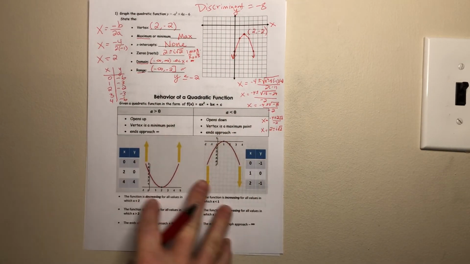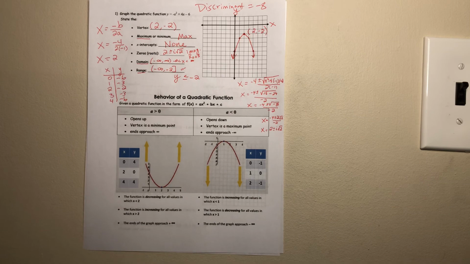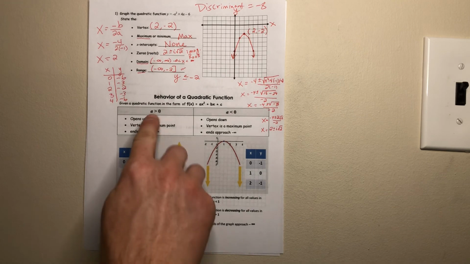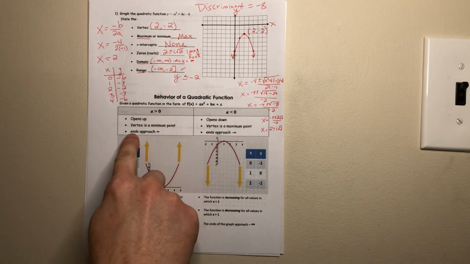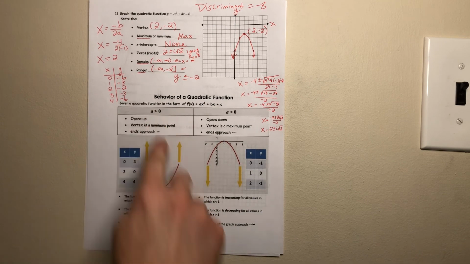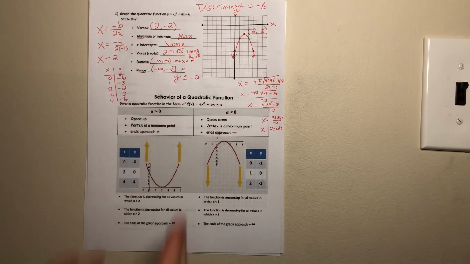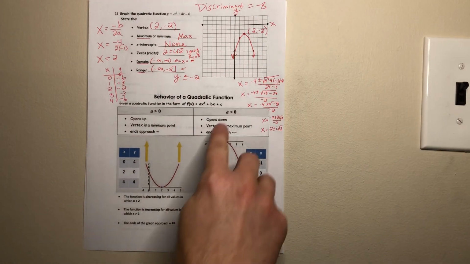All right, so all this is just some more notes for you to read through, but you guys already know this. If the a value is positive, it opens up, we have a minimum, and both ends approach positive infinity. They both go up forever and out forever, right? If a is negative,